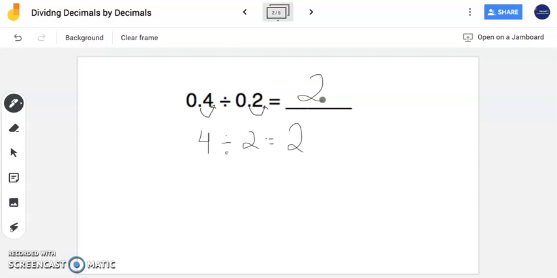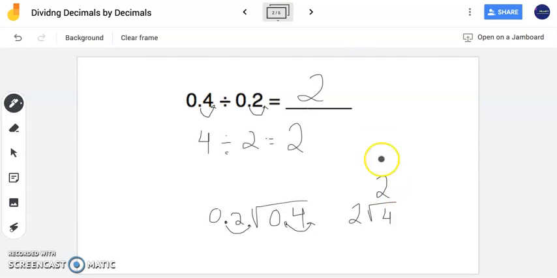Now your goal here is to eliminate specifically that decimal point in my divisor, because when we rewrite the problem like this, 4/10 divided by 2/10, you want to eliminate my decimal point in my divisor before I do any long division. Yes, this problem you don't necessarily have to do long division, but you're welcome to rewrite it this way as well. So if I multiply by 10 in my divisor, I do the same to my dividend. So I can even rewrite this problem as 4 divided by 2, which just like up above,